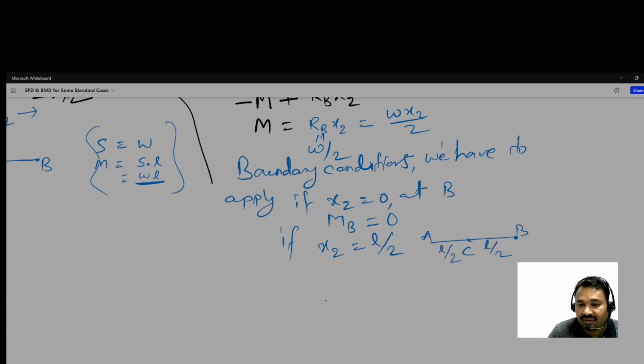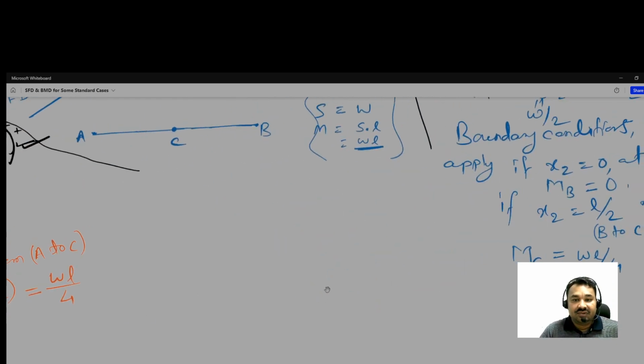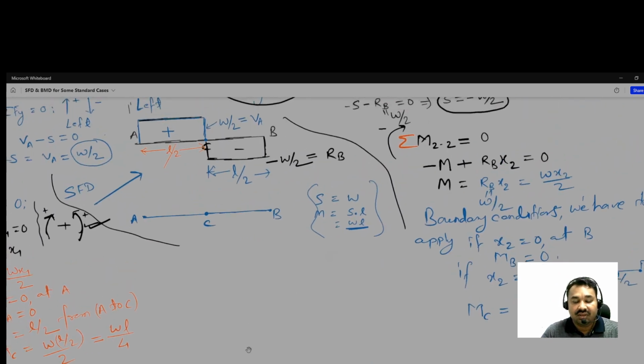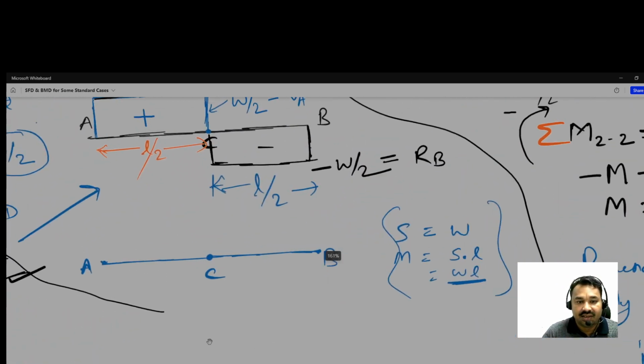That's why x2 is L by 2, and in between B to C. Okay, so what do we get at MC? We get the same WL by 4. Okay, so here coming to here,